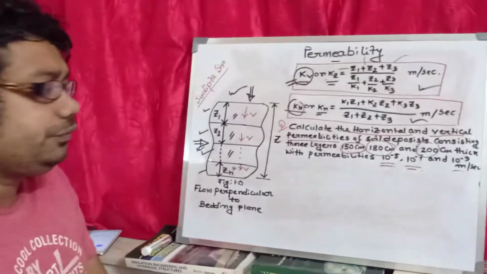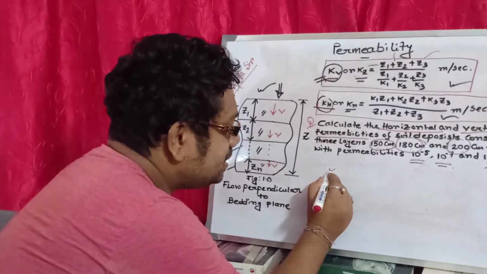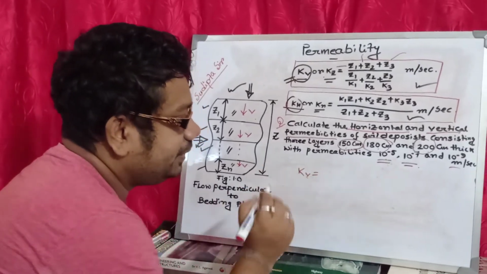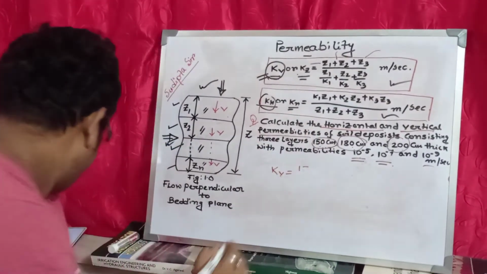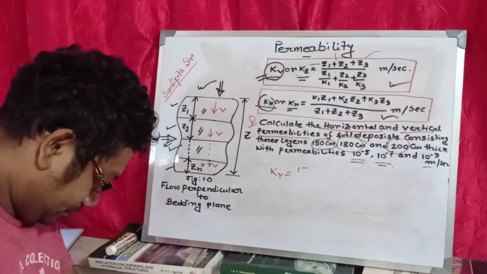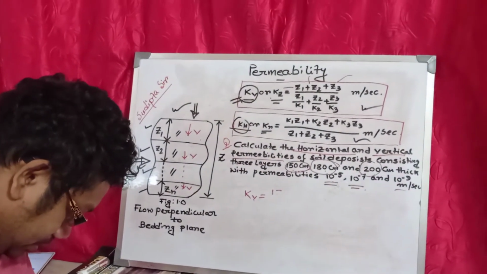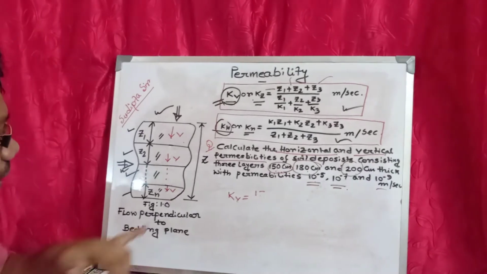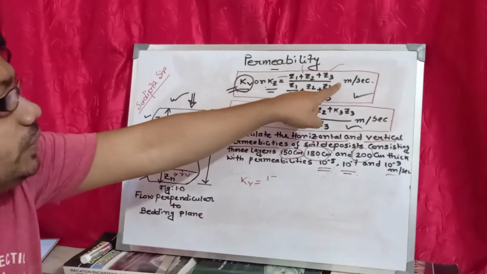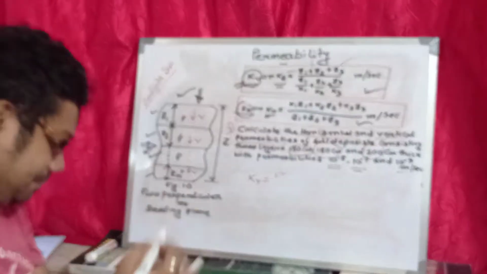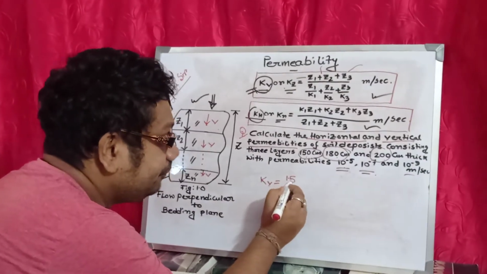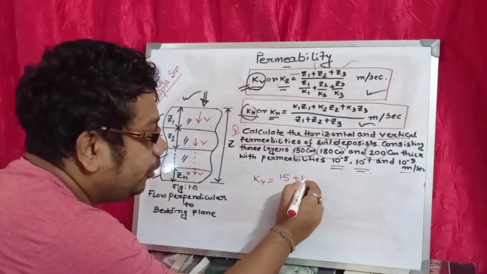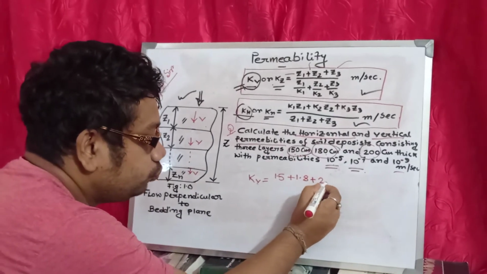If you want to find out the vertical permeability, very simple, just write down the formula. What are Z1, Z2, Z3? Z1 is 150 centimeter, and the unit is meter per second. So 150 centimeter means 1.5 meter. So 1.5 plus 1.8 plus 2,